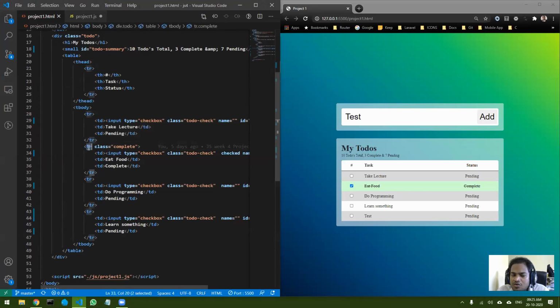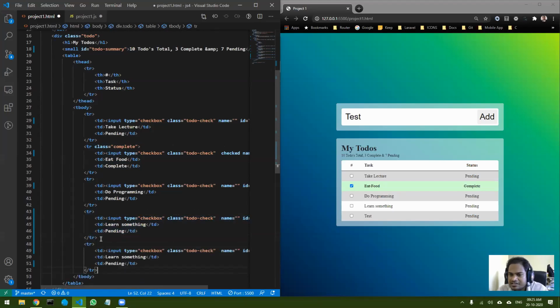So where are the new TRs added? Is it added over here or below this? The new TR will be added below this, right? So it will come below this. Like this, the new TRs will be there. Okay. So if I add an event listener over here on this TR, it does not make any sense because